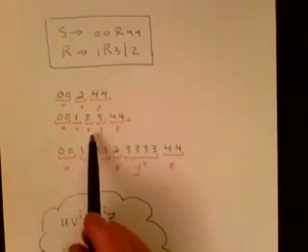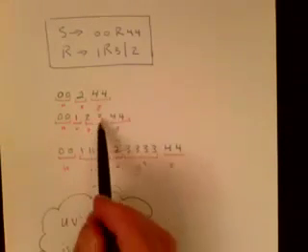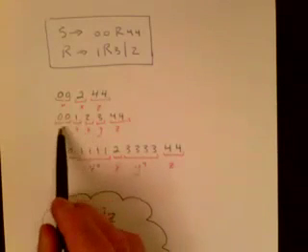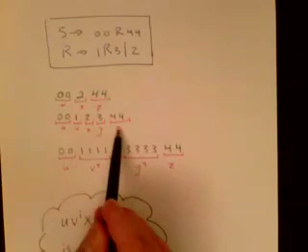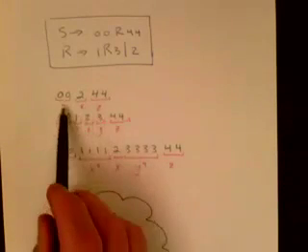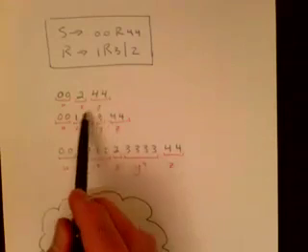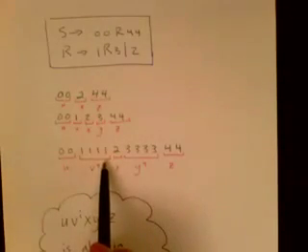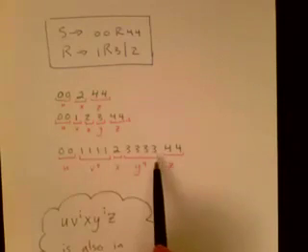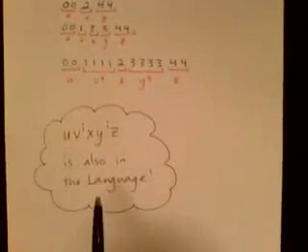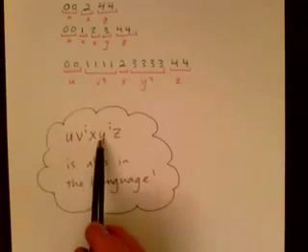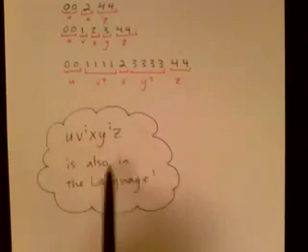So you can see that in this grammar, if we allow U, V, X, Y, Z as a string that this grammar generates, we've also got to allow U, X, and Z where we don't use the recursive rule at all, and we can also use the recursive rule multiple times to get this string. So the idea here is that the string U, V to the I, X, Y to the I, Z is